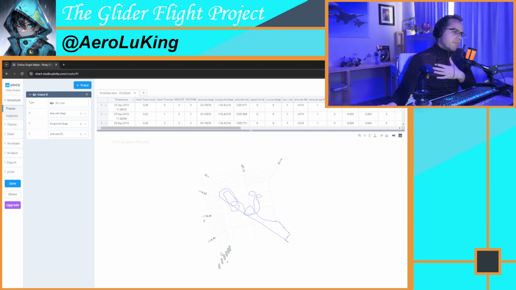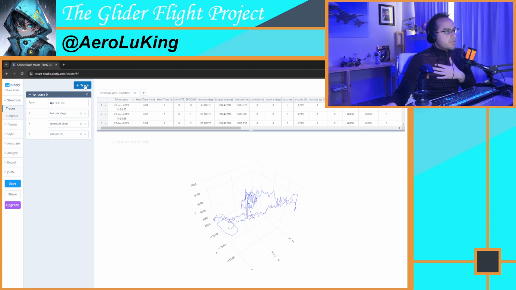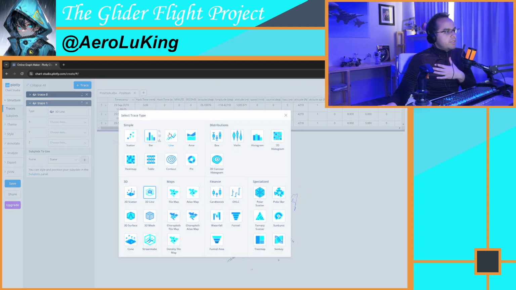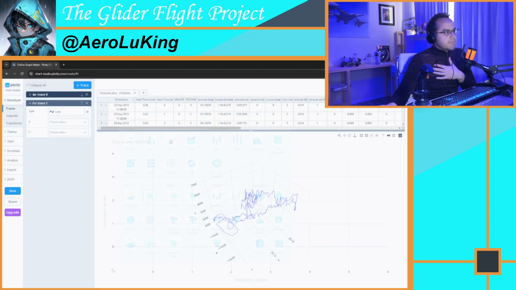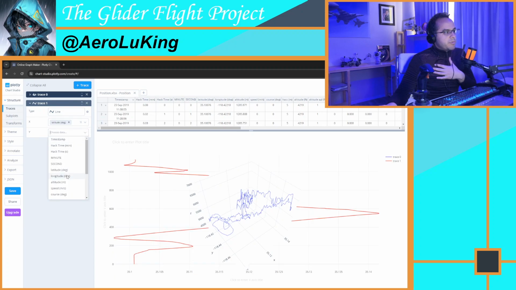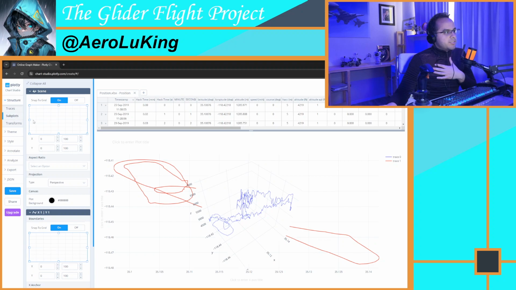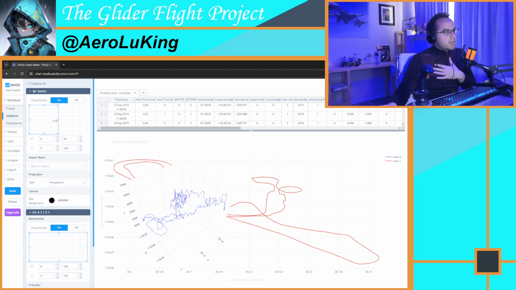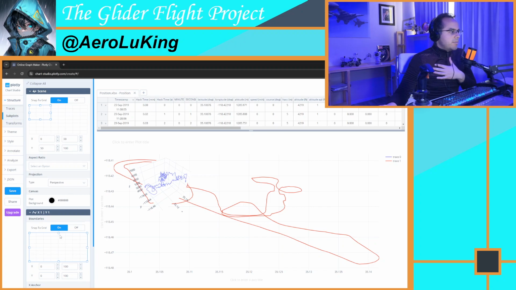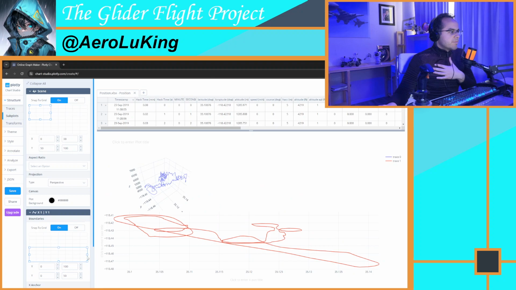But what if I wanted to create my bird's eye view of this top view? Well, you could create another trace, and now it will be a 2D plot, a simple line, and my x-axis will still be my latitude, and my y-axis will still be my longitude. And now under subplot, you're able to organize these charts in a way where you should be able to see it more clearly. So if I make the top corner here my 3D plot, and I make the bottom corner my 2D plot,